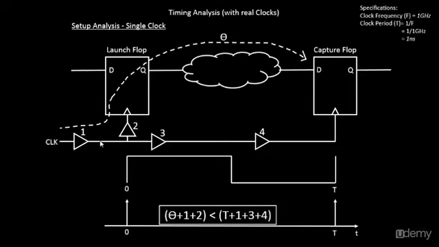In the previous case, when the clock was ideal, when there were no buffers, the zeroth pulse of the clock will appear at the zeroth pulse at the launch clock endpoint. But in the presence of the clock buffers 1 and 2, the clock at this point will not appear at 0 time, but it will appear after 1 plus 2. So the clock has to propagate through 1 and through 2 and then hit this particular endpoint. Hence this particular rising edge will appear after some delay, which is 1 plus 2. That is called the launch clock network delay.